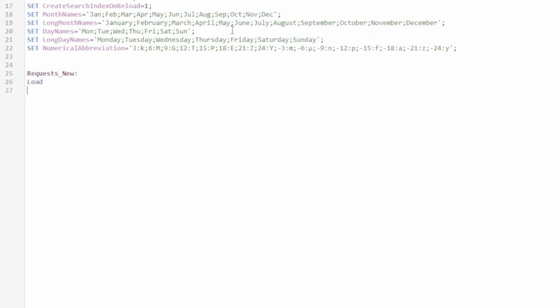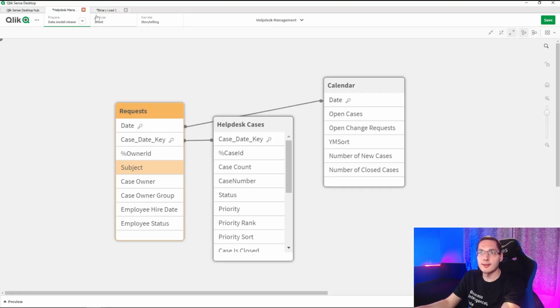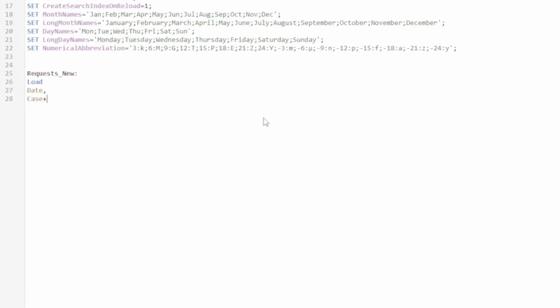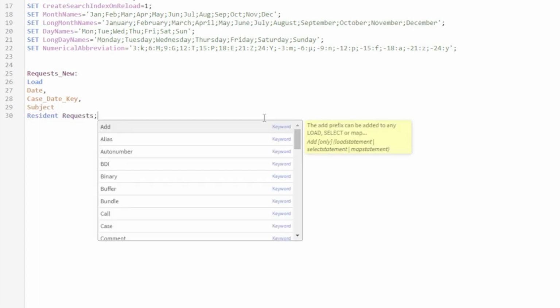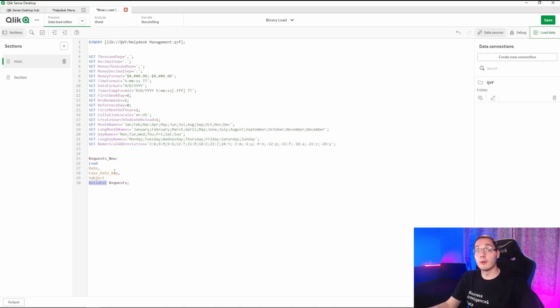And then I will load only the date, case date key, and then subject. And this is resident from requests, okay? And remember, guys, we can only use resident if a table is already loaded on our script.